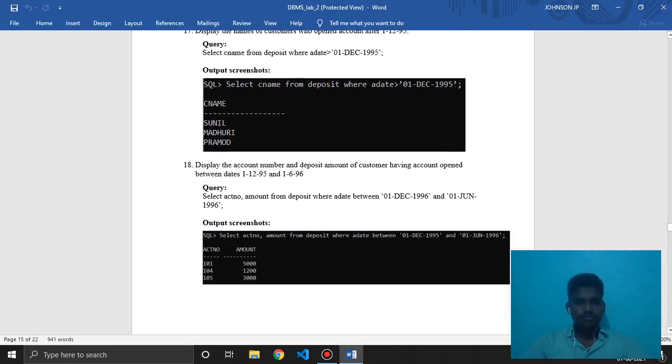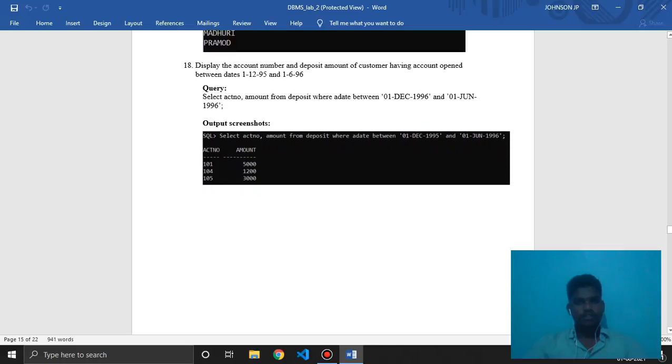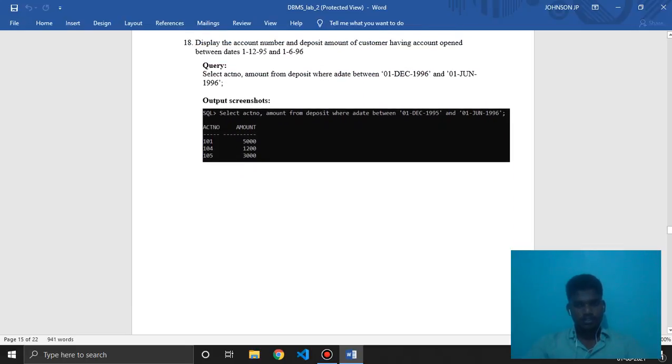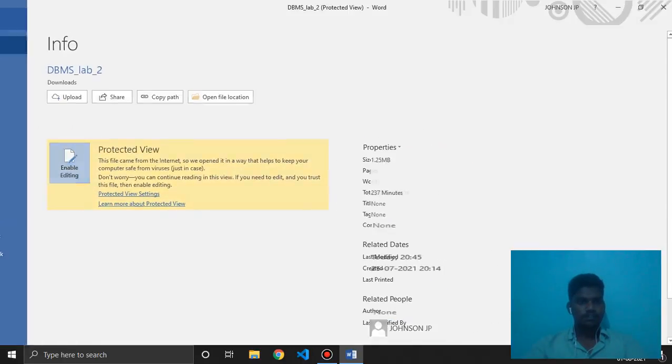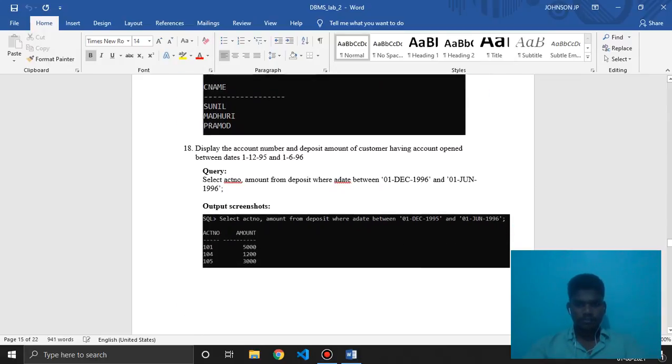Then display the account number and deposit amount of customers having an account opened between two dates, using BETWEEN: 1 December 1995 and 1 June 1996.